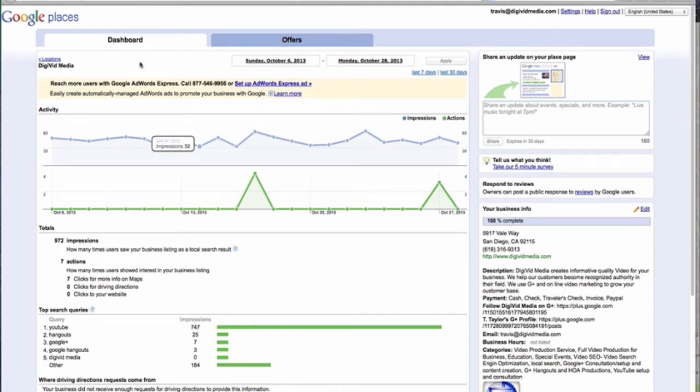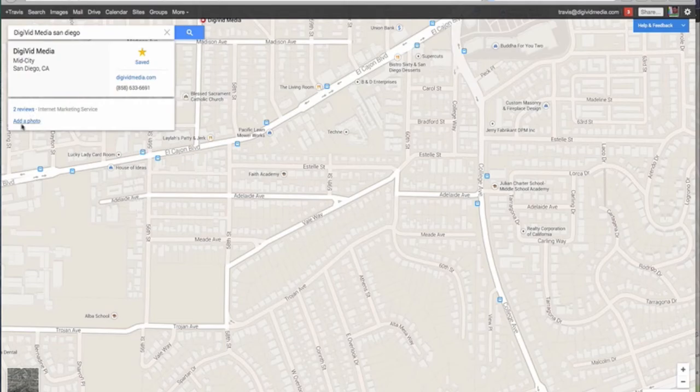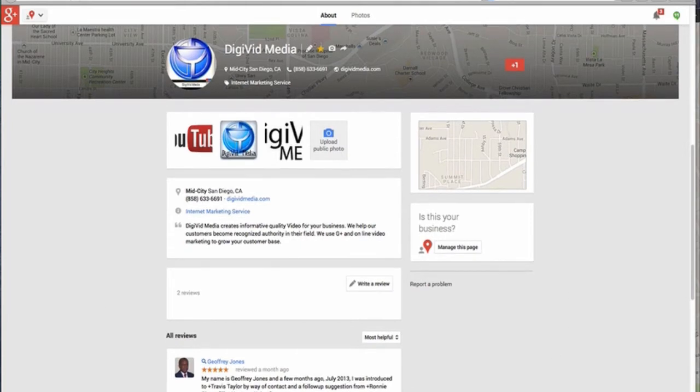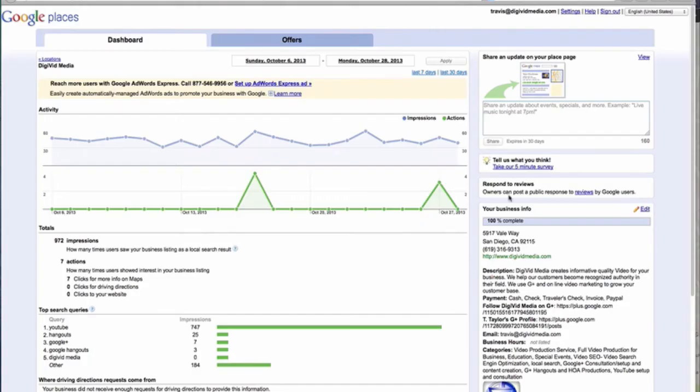platform of Places. You do, however, have access to your insights. You can put in your information and description. In fact, a lot of this information that you put in will get crawled by Google's web crawlers, but will not get indexed. It won't show up in search. As you can see back on my old page, there is a limited amount of information that shows up here. This is not at all the amount of information that I've put into here.